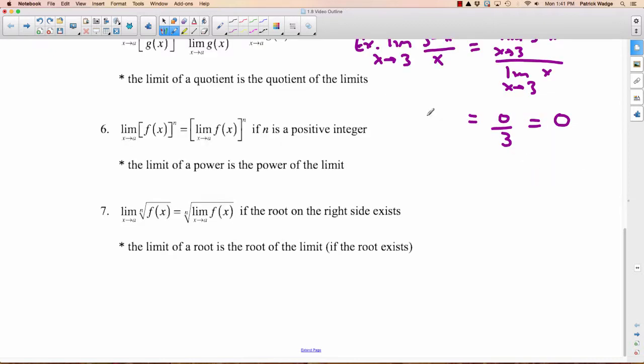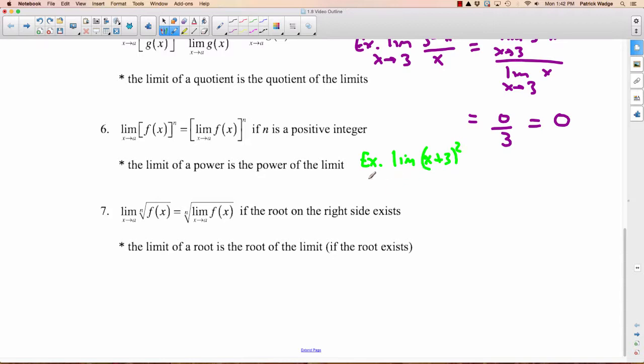Number 6, I haven't left myself much space here. This is the limit of a power is the power of the limit. So what's that saying? It's saying if you take the limit of f of x raised to the nth power as x approaches a, it's the same as limit of f of x as x approaches a raised to the nth power. So an example is, nice color here, the limit of x plus 3 all squared